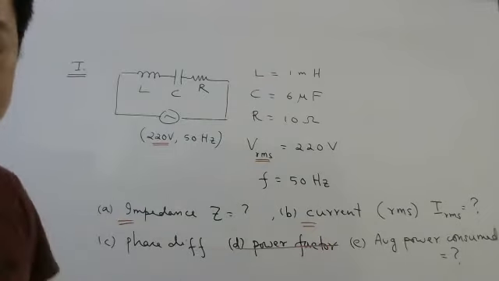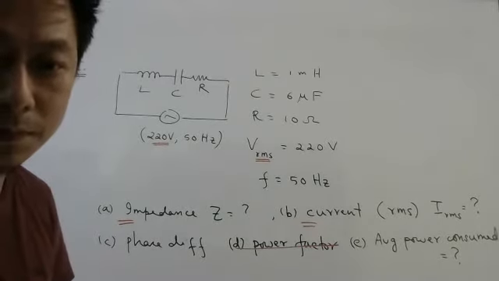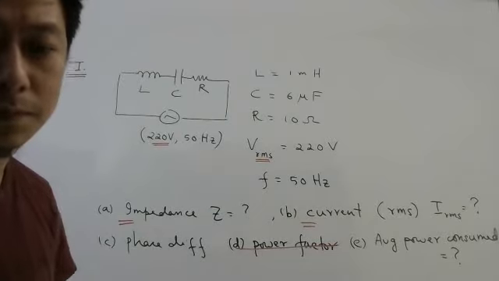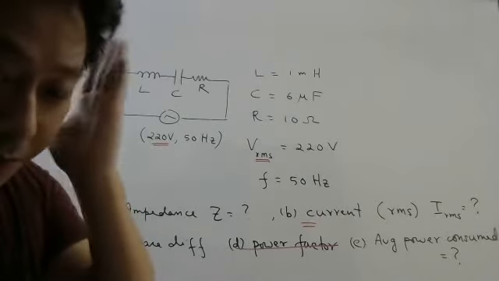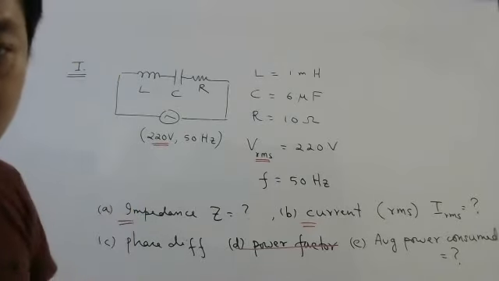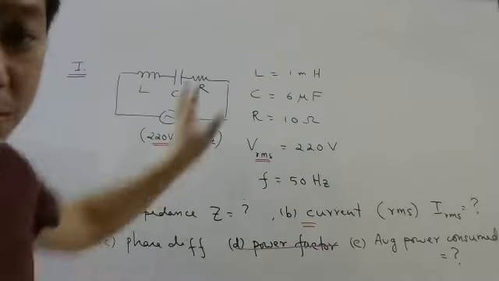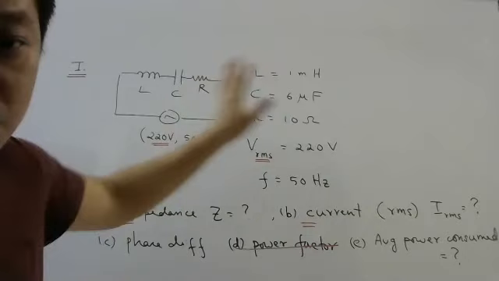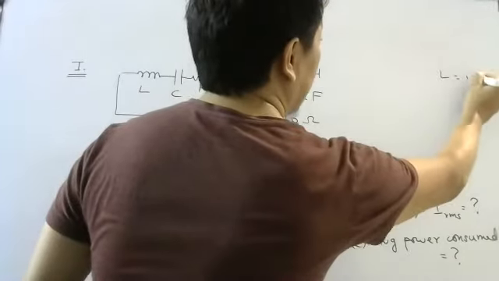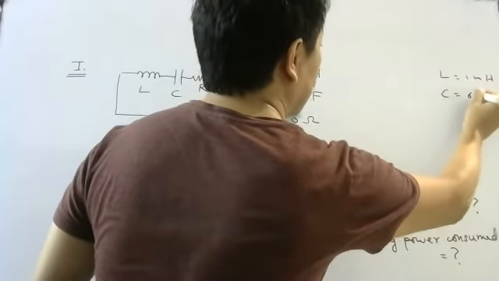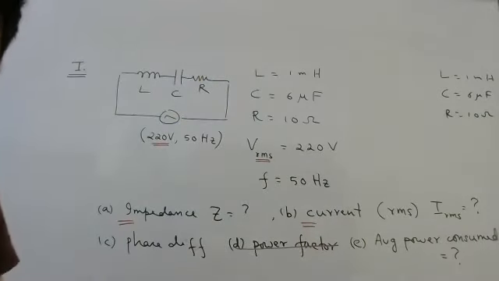Done. Writing part is done. Please practice now only. Everyone, whoever is there in the class right now, please take your notebook, pen, paper, and start doing it. First, tell me, writing part is over or not? Remember the value of L, C, and R. Okay. So L is 1 millihenry, C is 6 microfarad, R is 10 ohm.